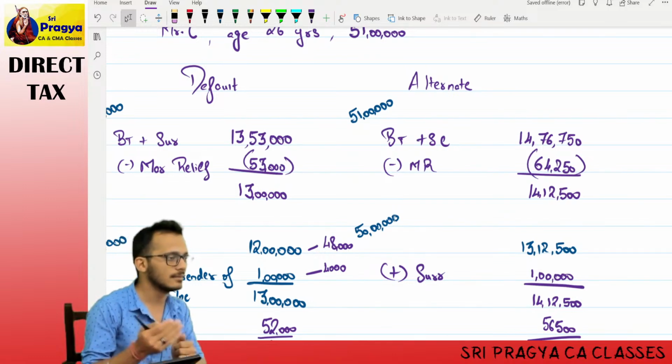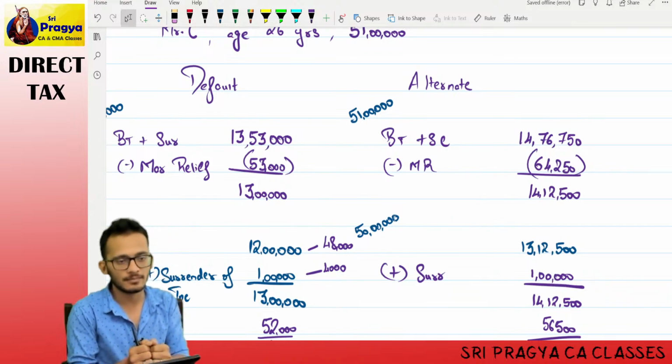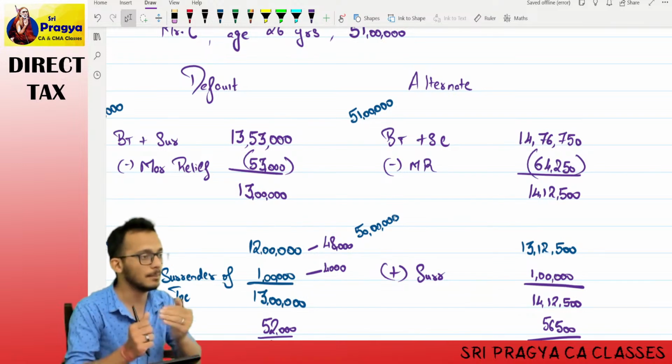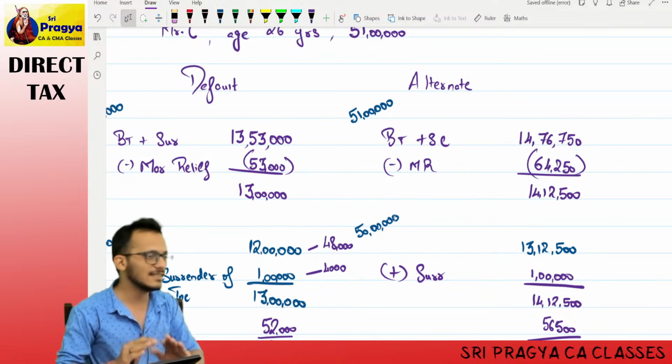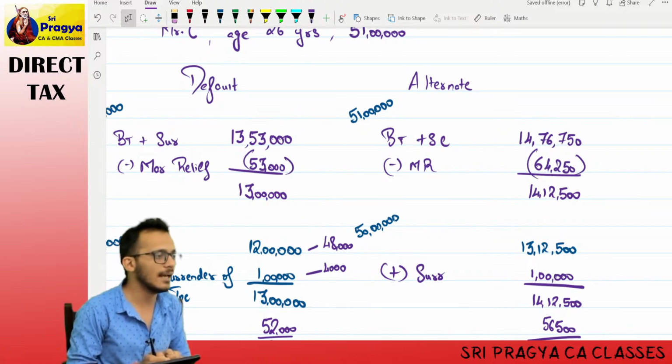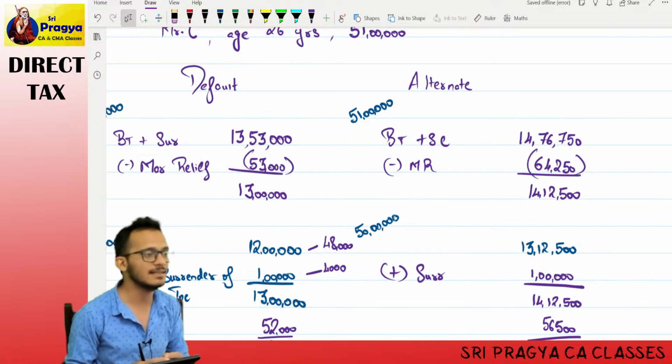Tax will become lower than income. In that case, marginal relief will not come. Yes, in the practical world, you'll have to do some permutations and combinations to find out the number at which marginal relief stops. In the exam, don't worry, they'll give you a very apparent number. It will be 1 lakh, 2 lakh, and in that case you automatically need to check for marginal relief.